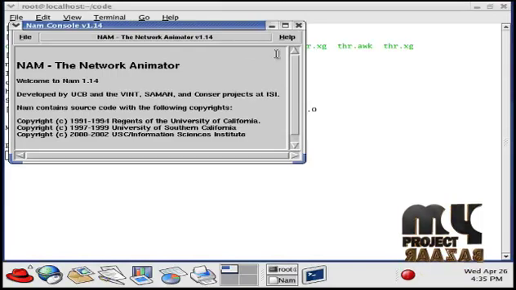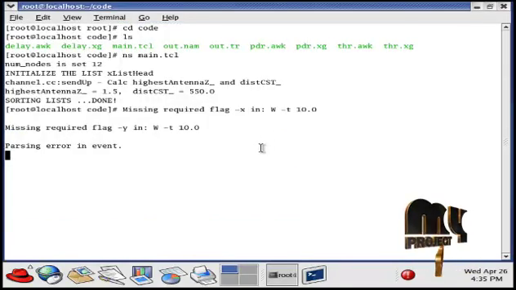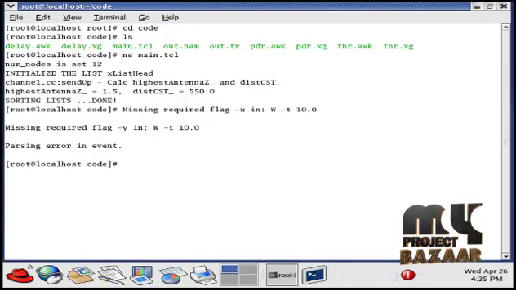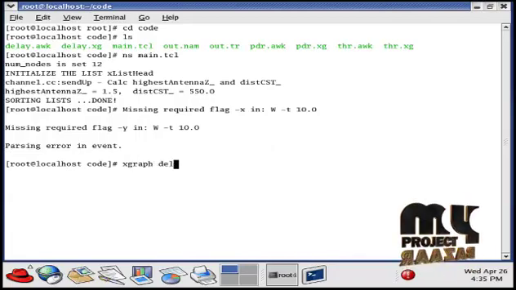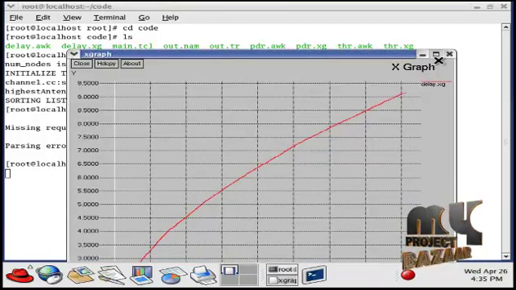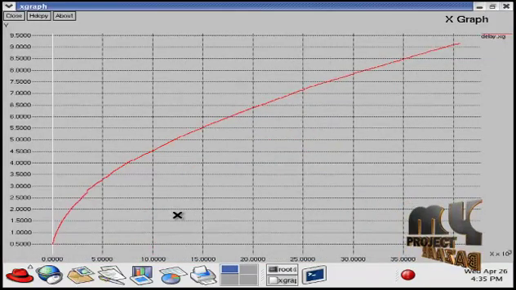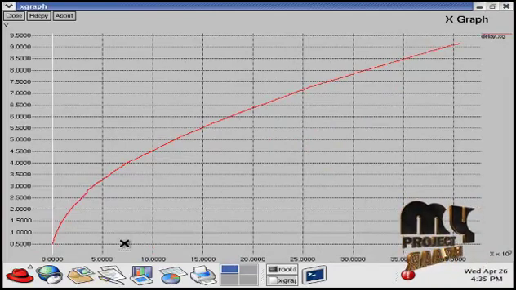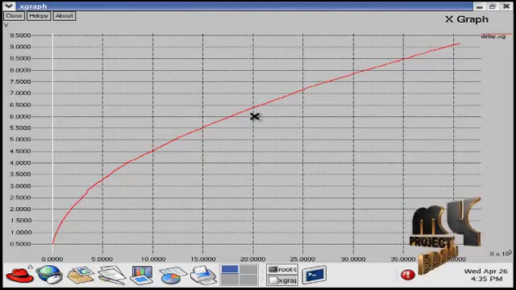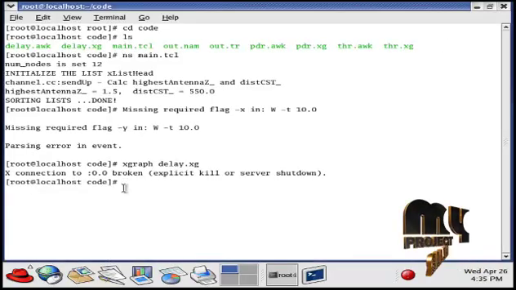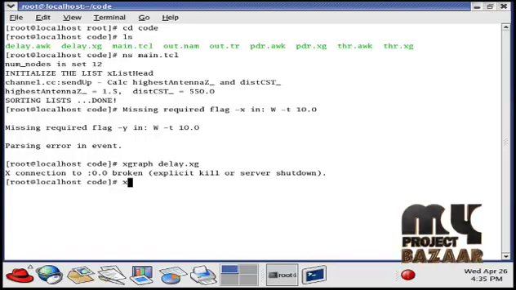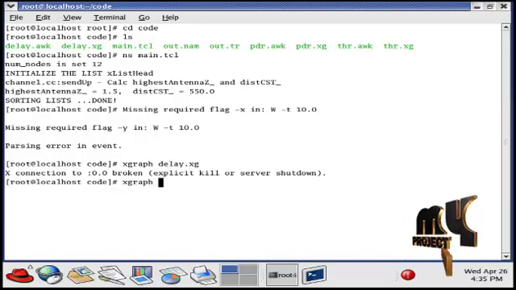After the run is completed, go back to the terminal window to show the graph. So type xgraph delay.xg. This is the delay graph for the proposed system. For each and every time we have the time delay for our transmitted packets. And to see the other graph, type xgraph